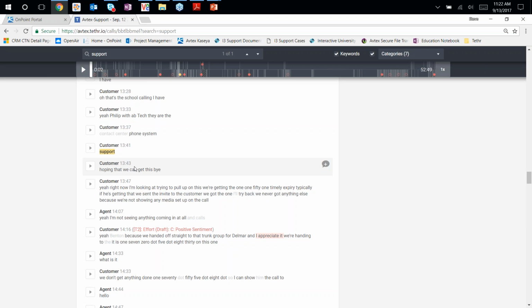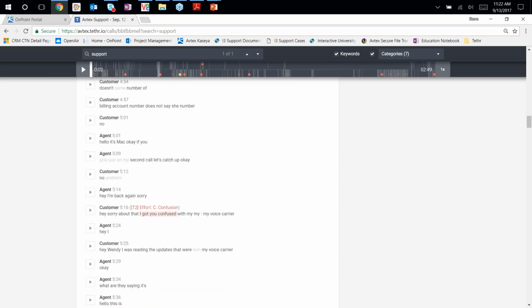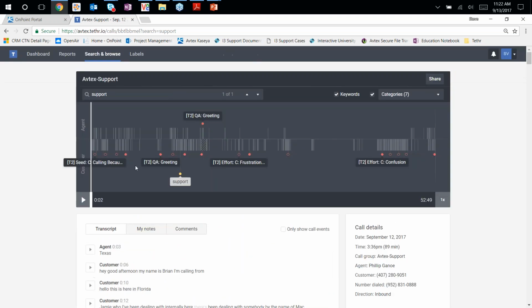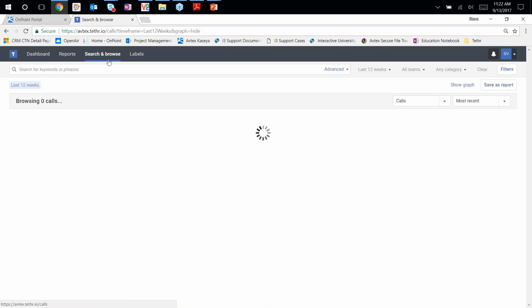Because what we did here is we took a word such as support and plugged it into Tethr and found out that it actually did take place on a phone call, even though we didn't already think to pre-program it in our list. If I go back to the search and browse, one more section I wanted to bring up